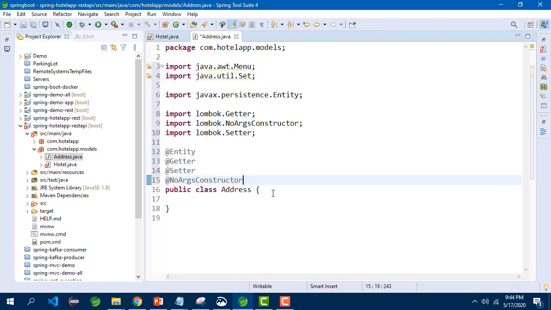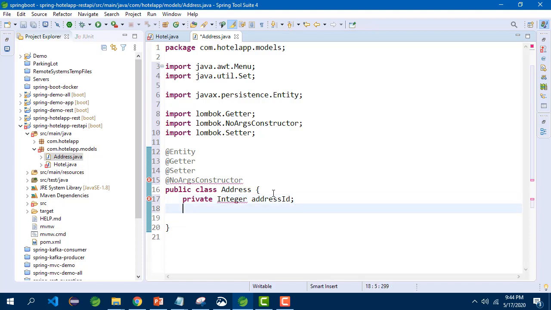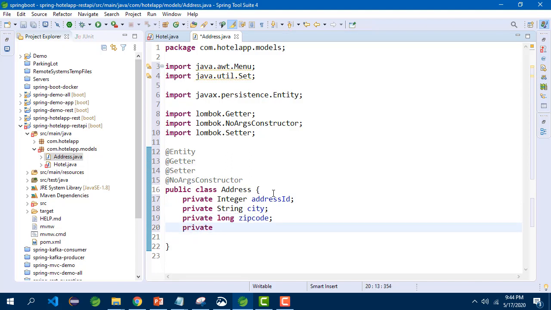I need to add all the annotations just like for Hotel. Control V. And next I need an ID, private Integer addressID, then private String city, private Long zipCode, private String state.